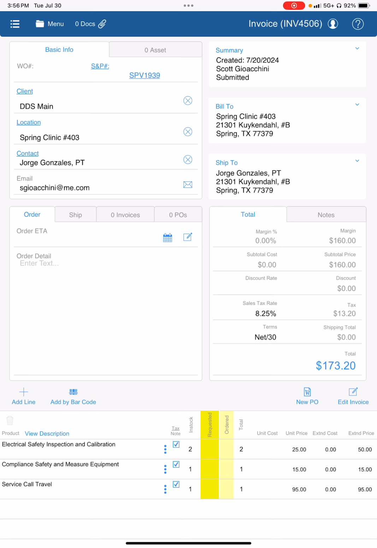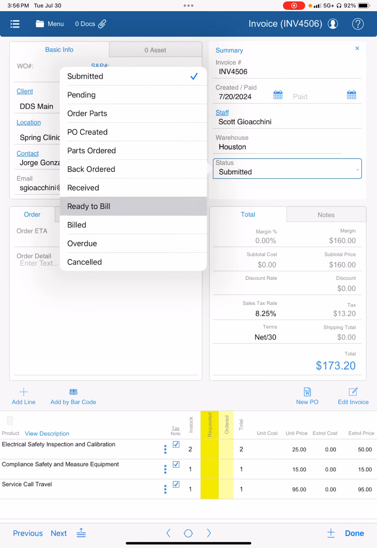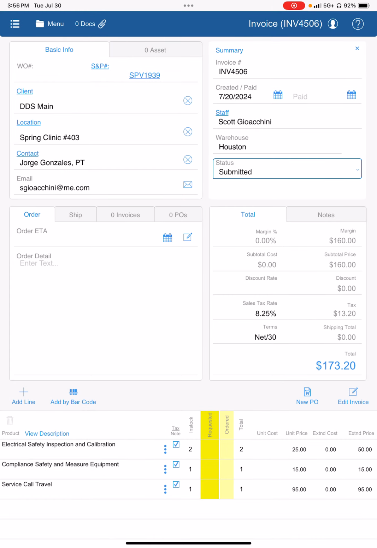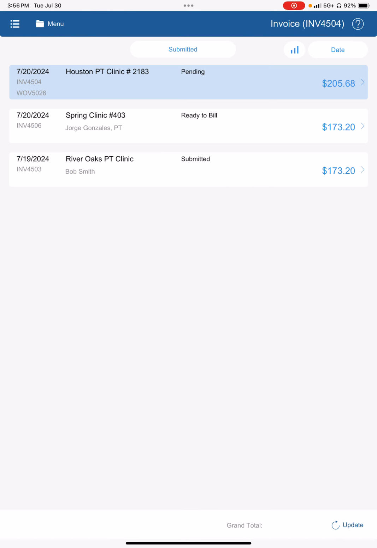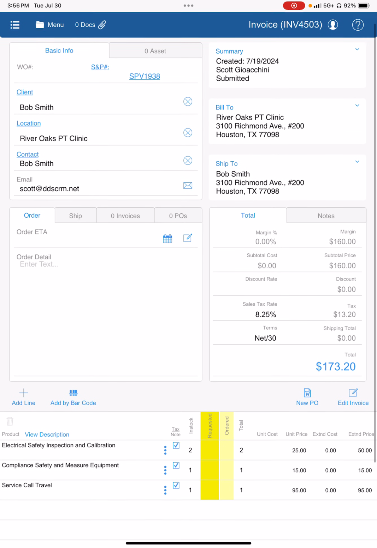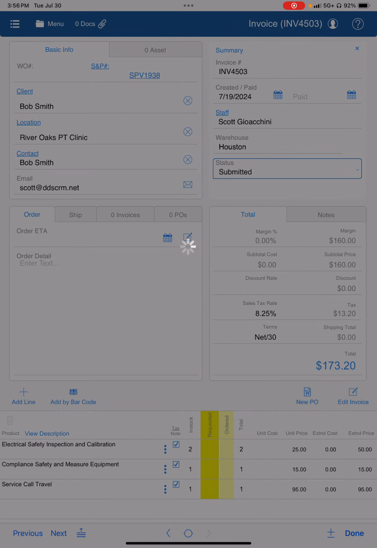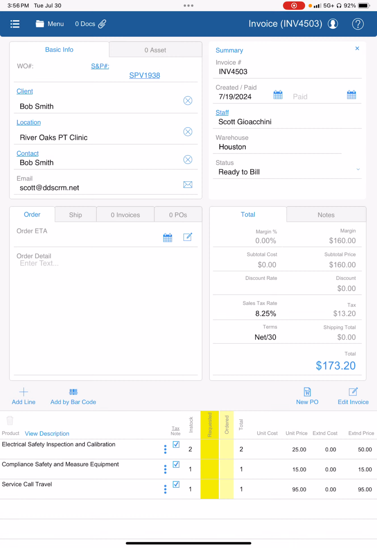So I click on the summary, I go to the submitted, and I mark it as ready to bill. So now it's sitting over in ready to bill. So when I get done with all my statuses of the invoices, I can go back there and bill. The third one is River Oaks PT Clinic. I look there. There's no note from the technician. It looks all in order. So I'm going to mark this one as ready to bill as well. Go back to my menu